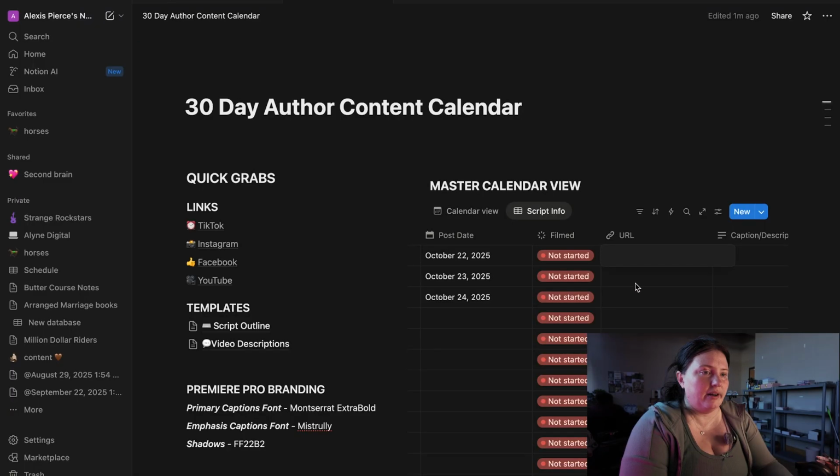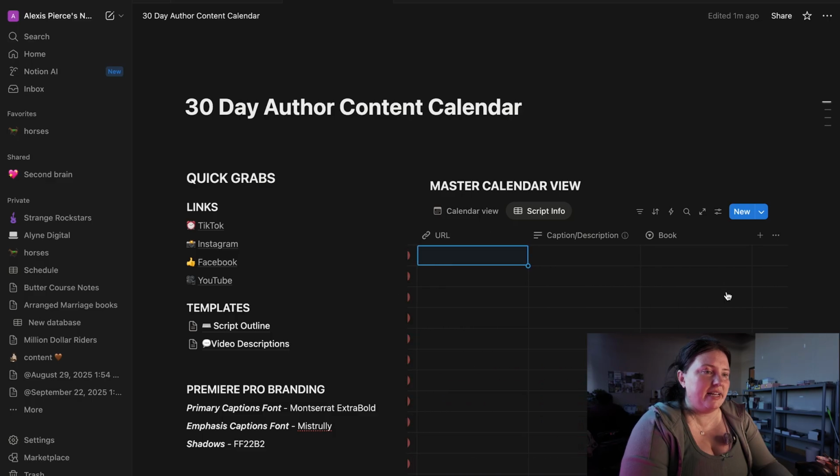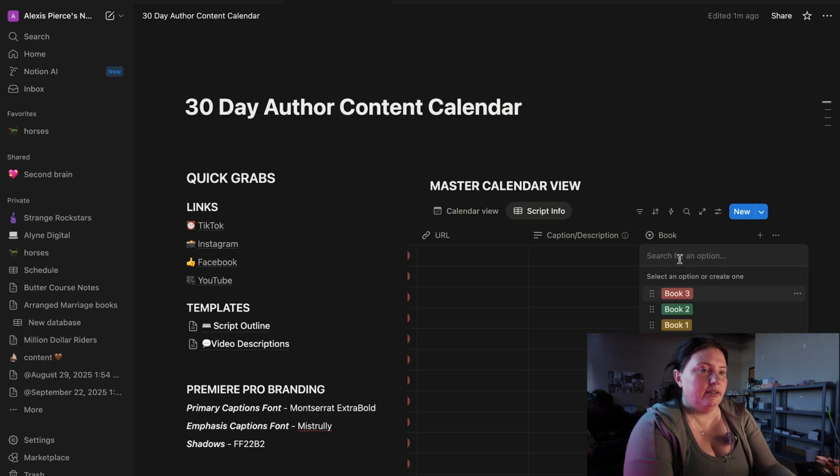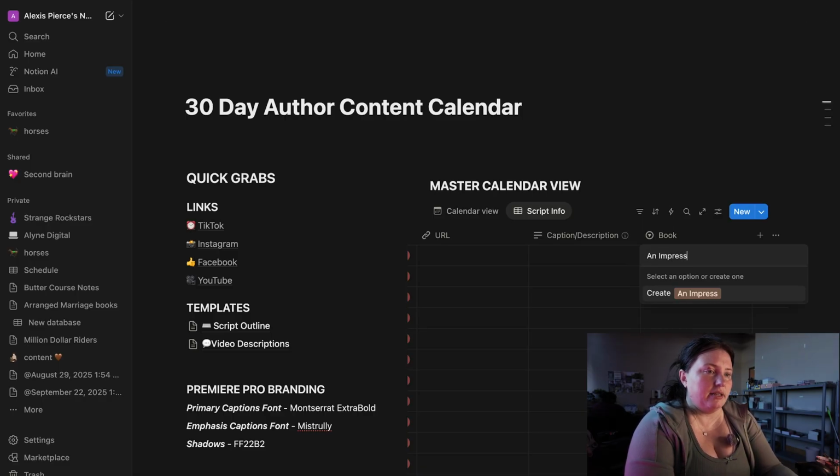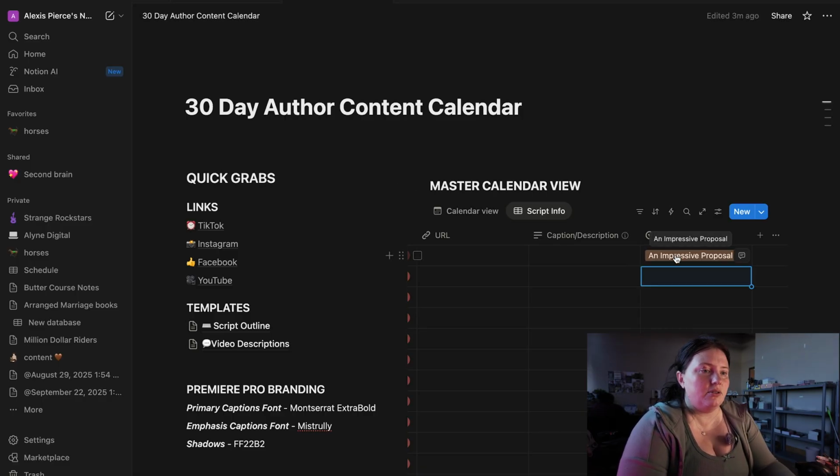So you can put the URL here though to make it easier to track your information. You can also put your caption, i.e. your description, right here. You can also put your book here. So if your book isn't on the list, like I just have book 1, 2, 3, but if your book isn't on the list, just type it in and then put that there so that you can keep track of